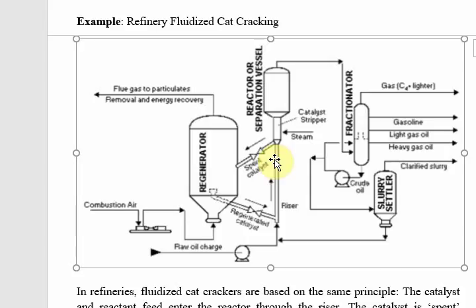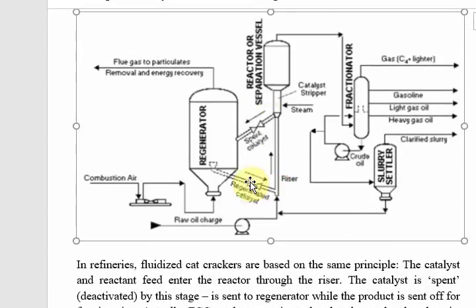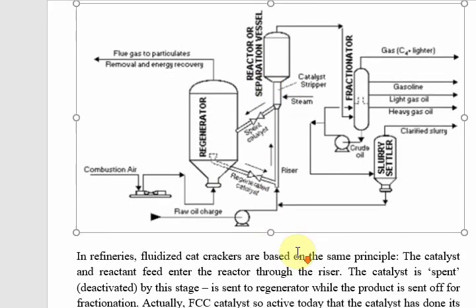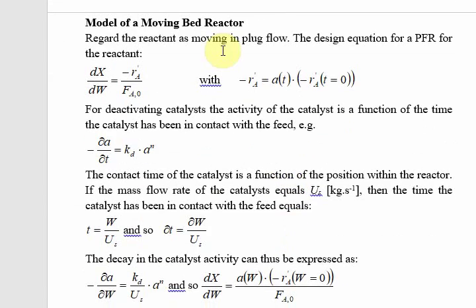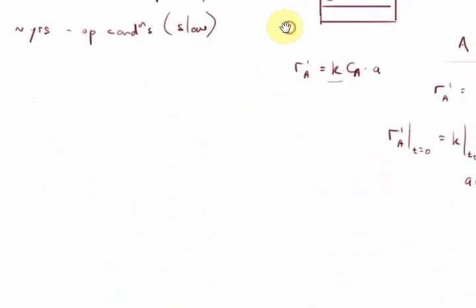So that's a regen unit. That's a quickly deactivating catalyst type of strategy. Now, of course, we want to model this, so we still need to be able to predict our reaction rate, and we can see that it's not a trivial job to model these reactors, because even though this regeneration is going